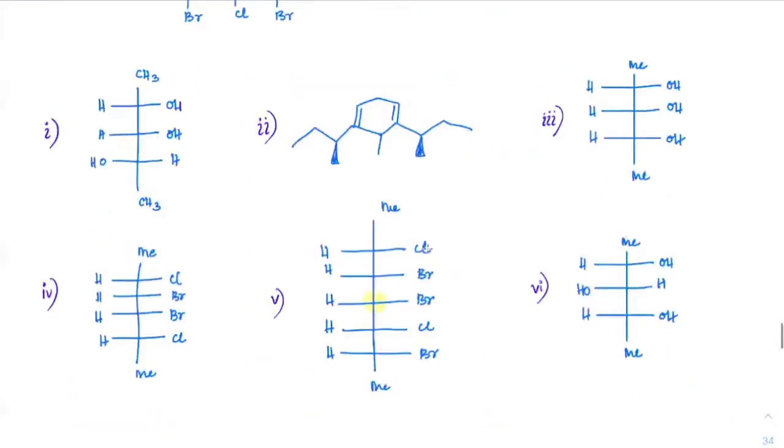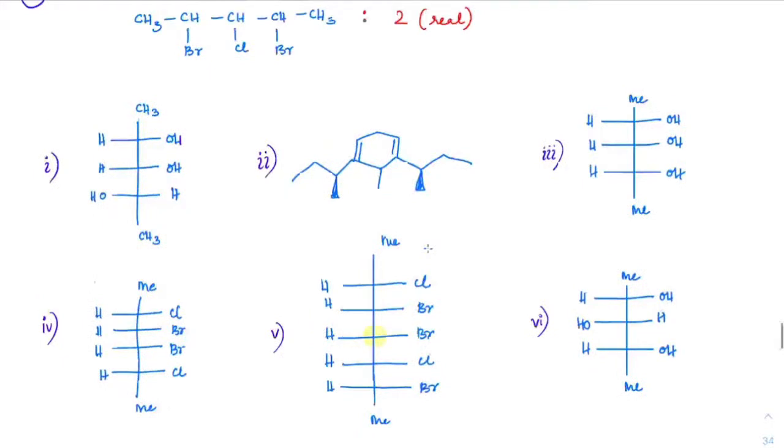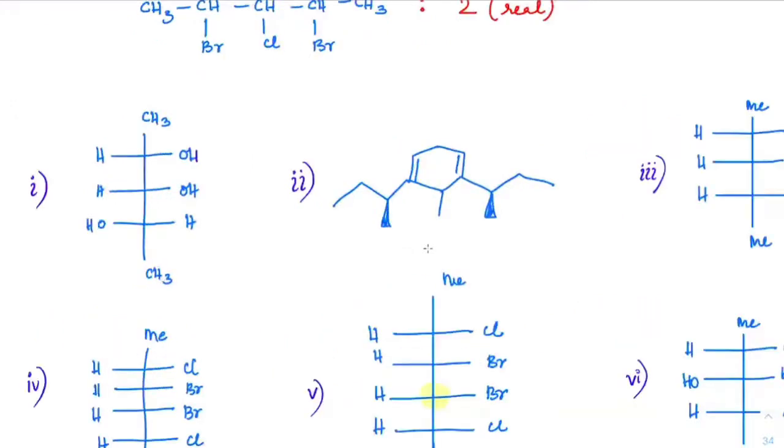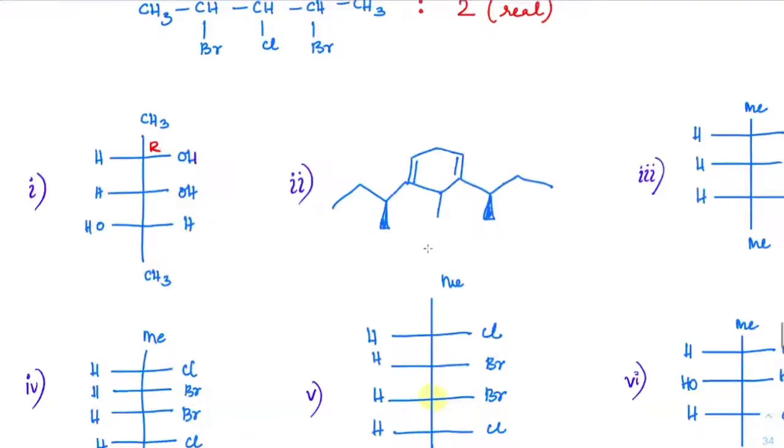Okay, now let us come to this point. Tell me, in this how many chiral centers are there? First one. 3. Here, everybody, imagine you haven't worked it out, but I'm just assuming it is R. If this is R, what will be this configuration? Without doing any analysis, you should be able to tell me. S.